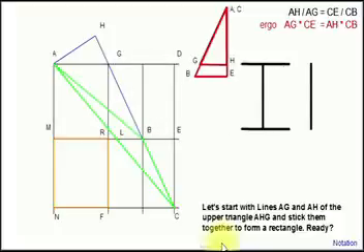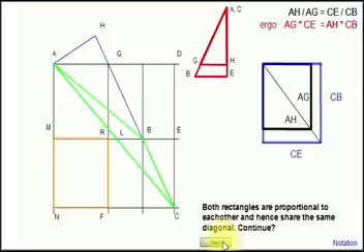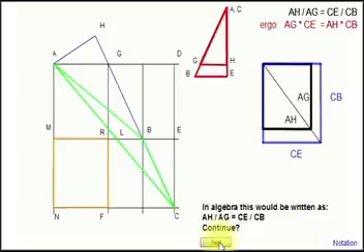Okay, we take these two sides from the upper triangle, AH and AG, and we make up a rectangle of those. And the same for the lower triangle, using the sides CE and CB. And of course, because of the similarity, you will get proportional rectangles, which means they have the same ratio between one side and the other side, and hence they are sharing the same diagonal. So, considering this information,